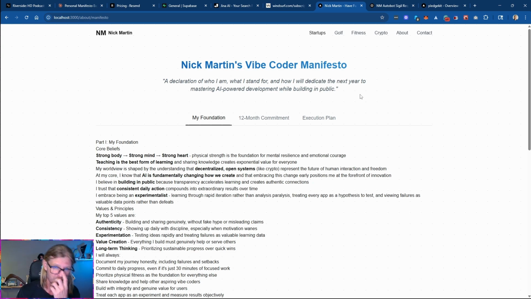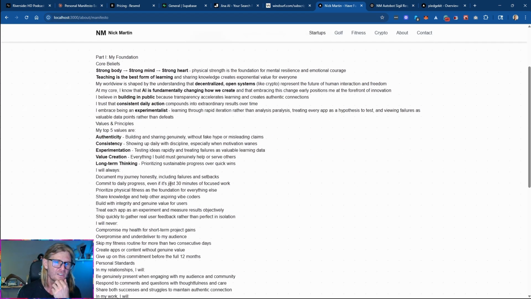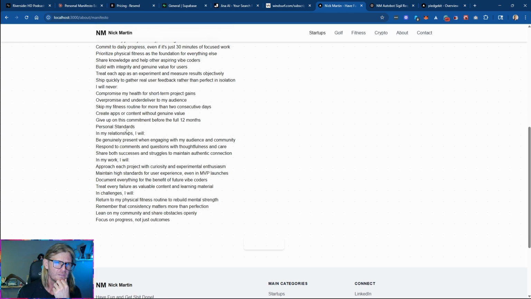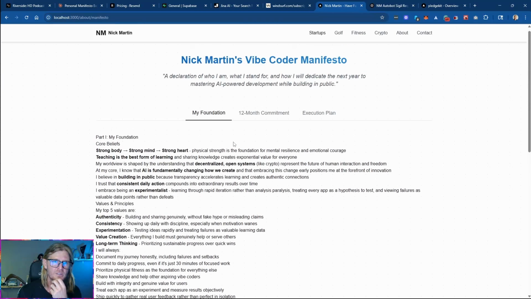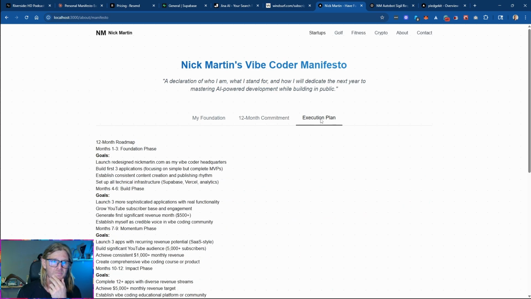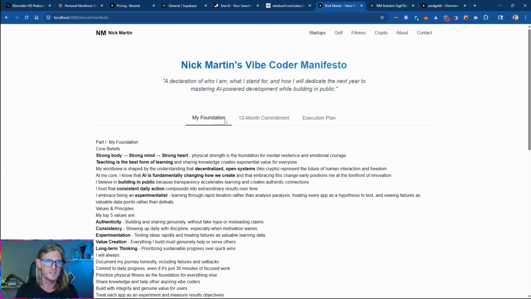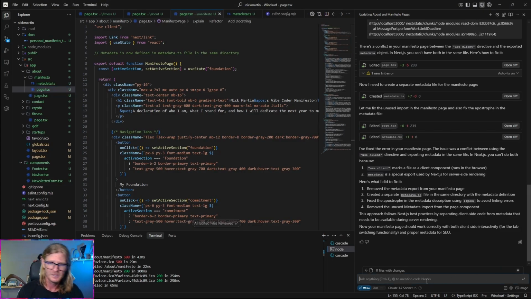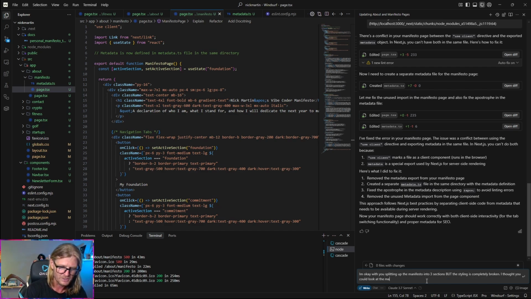Oh, it compiled. Oh my God, the formatting is terrible. Dude, it split it up. That's kind of fine. I didn't ask it to do that, but it did that. Okay. I'm okay with you splitting up the manifesto into 3 sections, but the styling is completely broken. I thought you could look at the markdown